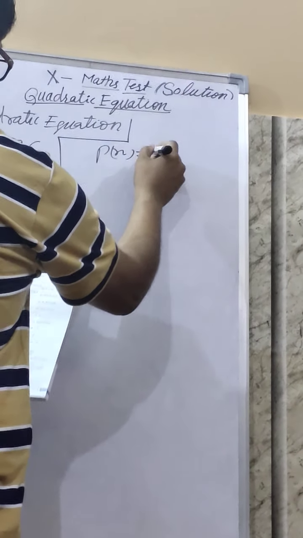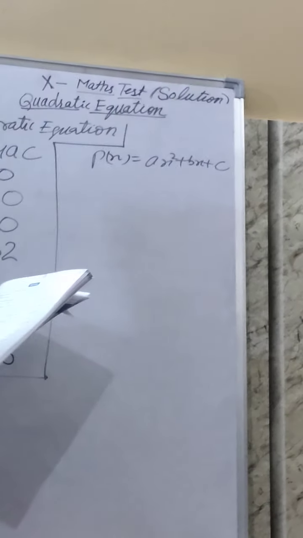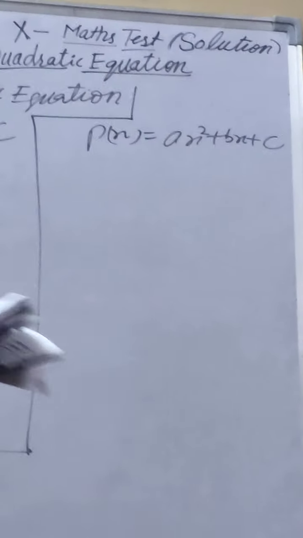If P(x) is equal to ax square plus bx plus c is a quadratic polynomial, and P(x) equal to 0 for a not equal to 0 is called quadratic expression, quadratic function, quadratic equation. So my dear students, it is the quadratic expression. You can say quadratic polynomial. If this quadratic polynomial equal to 0, then it becomes equation. And you know very well it was told equation means left hand side is there, right hand side is there. So its answer is quadratic equation.